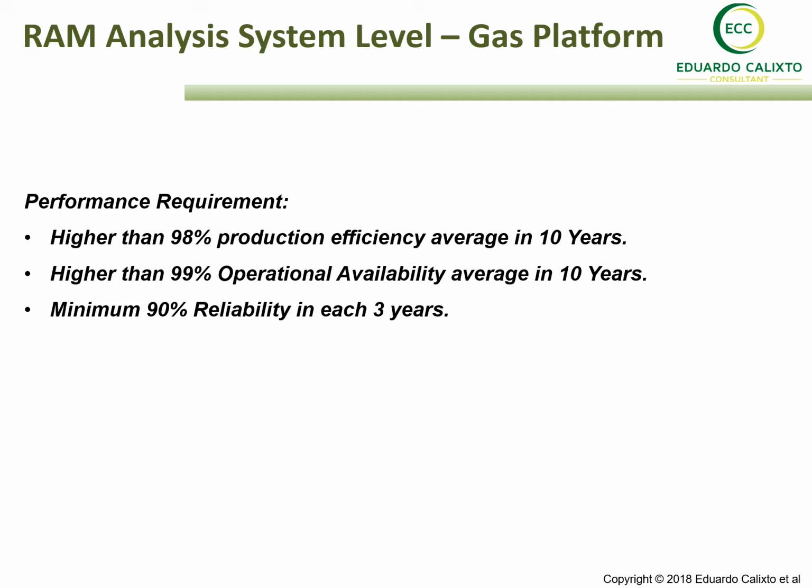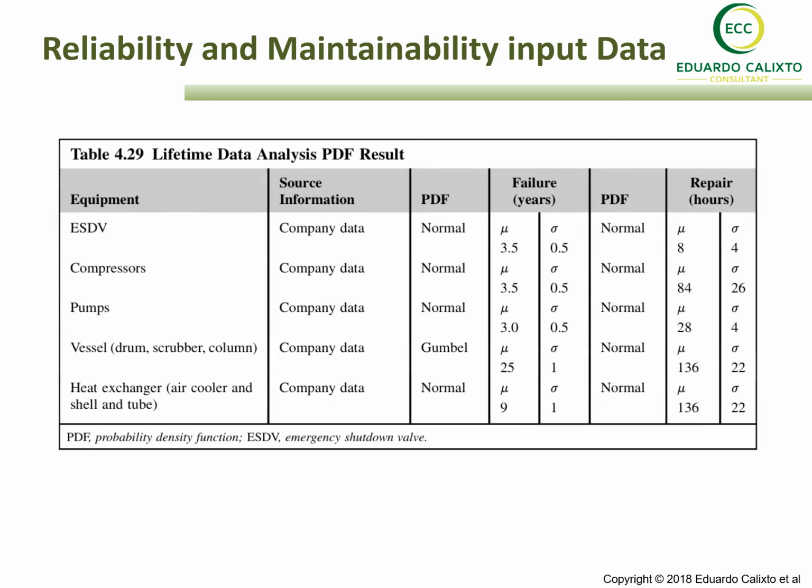So the results of my simulation in the run analysis in the RBD model will demonstrate if this is achievable or not. So the first step, as I explained before, is to collect data and produce,